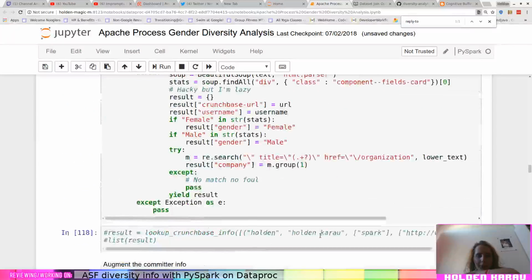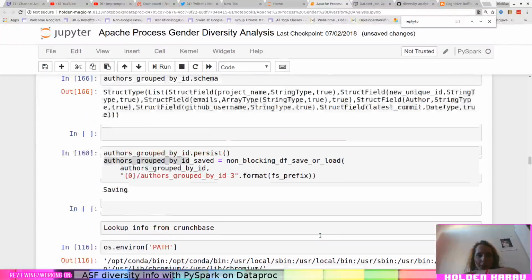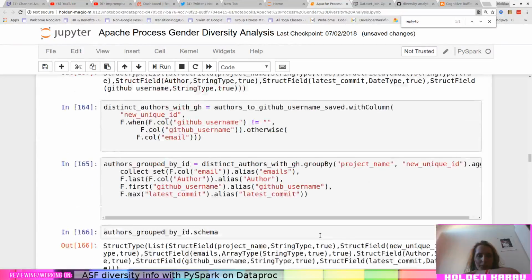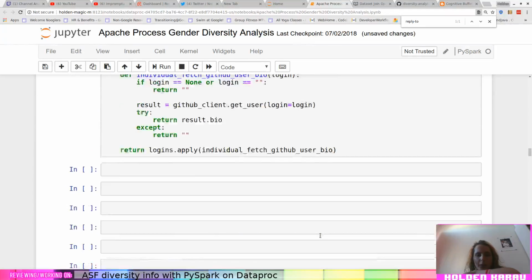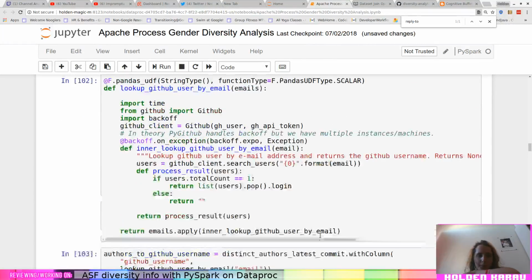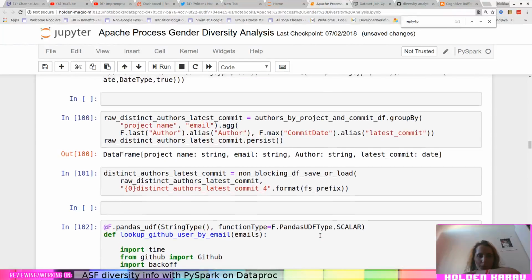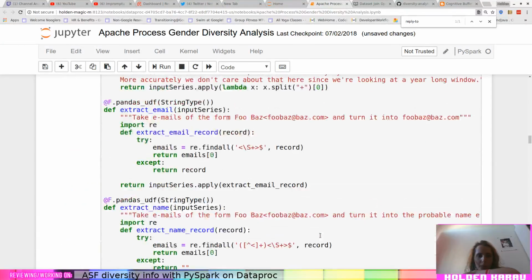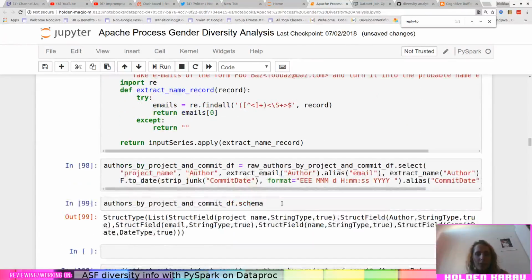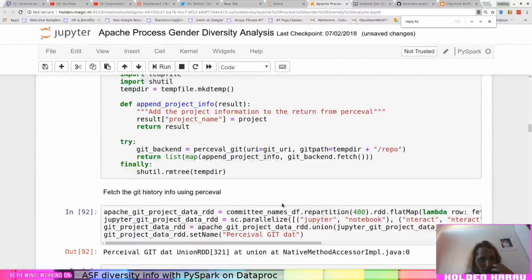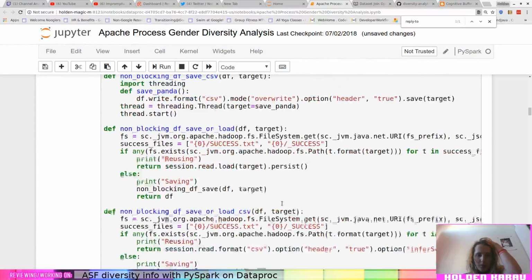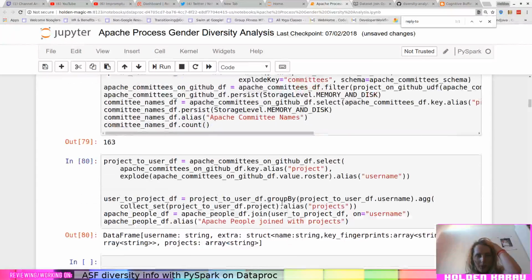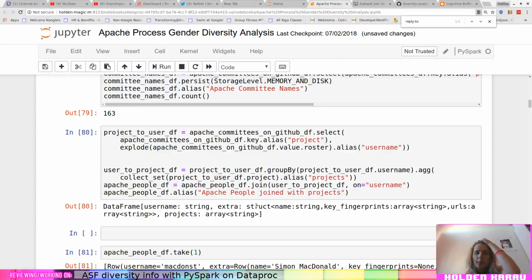It's all the way up here somewhere. Okay. It's somewhere. Okay. This is all GitHub data. I guess that's the meetup data. Okay, this one is the ASF people data.